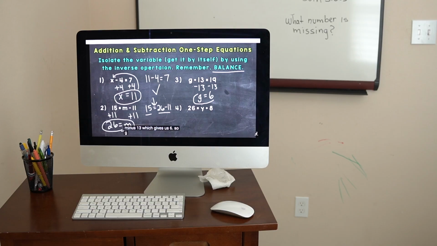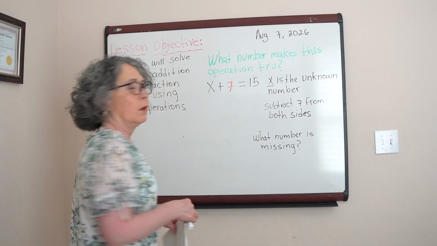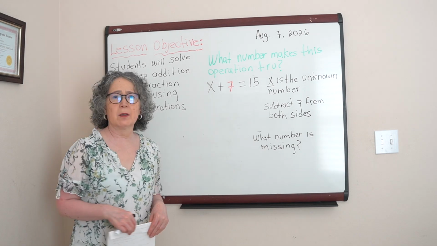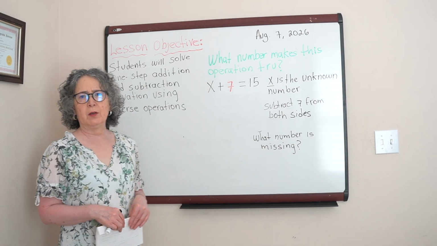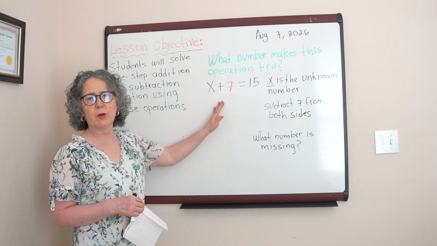So g equals 6, and we'll plug back in. 6 plus 13 equals 19. So that's true, and we have the correct answer. Okay, class, as you watched in the video, we are going to do some more here on my board